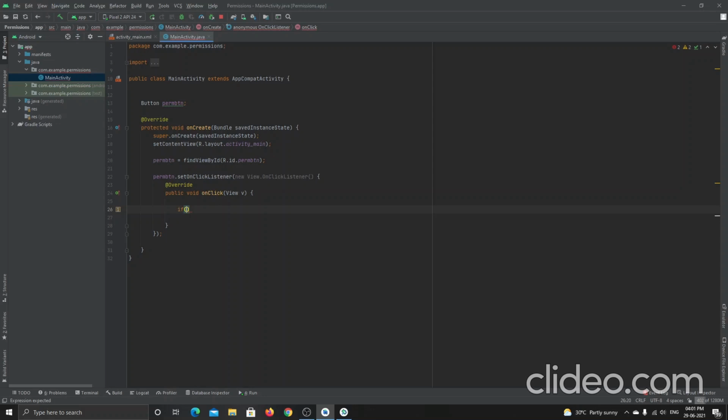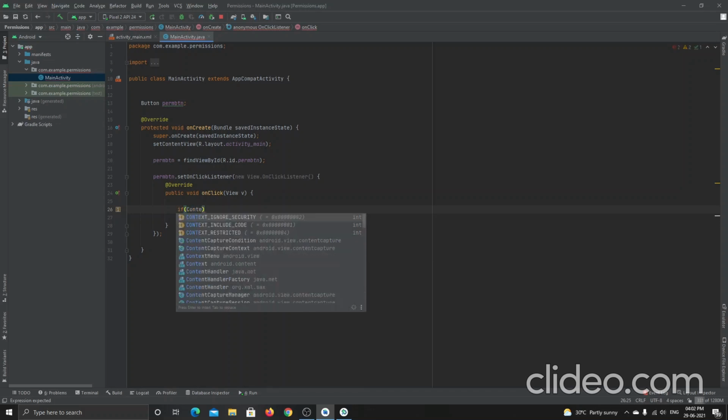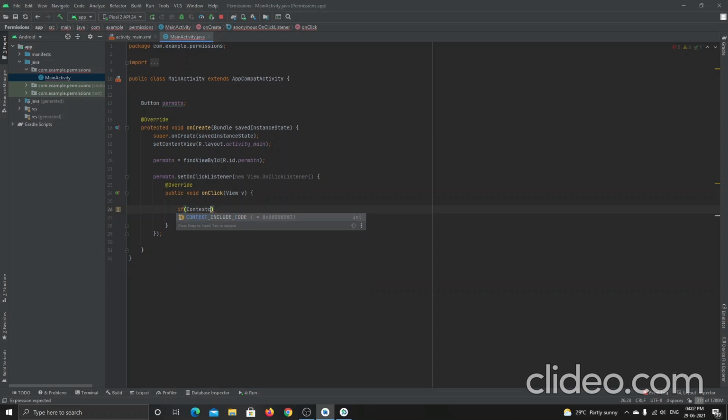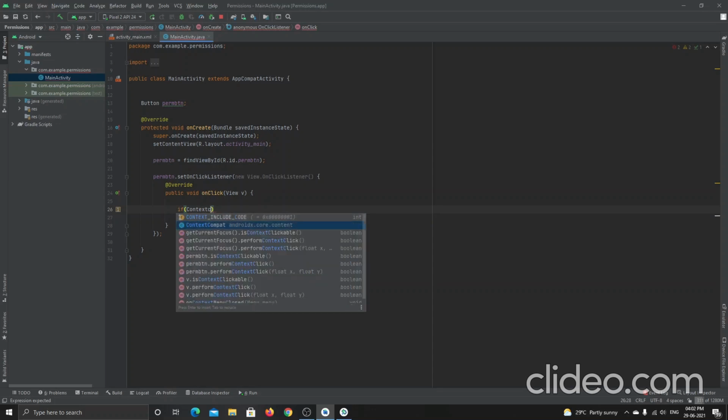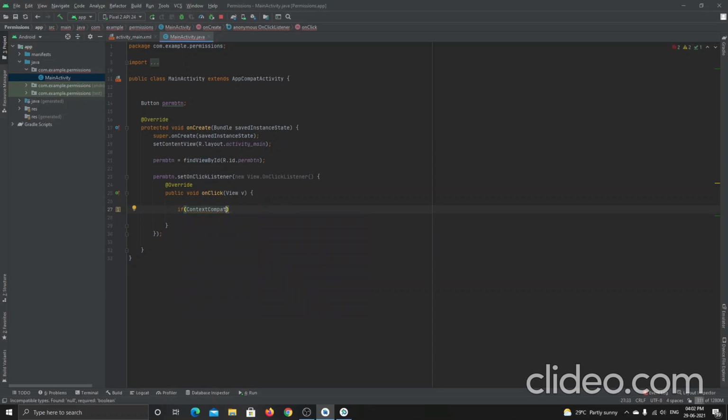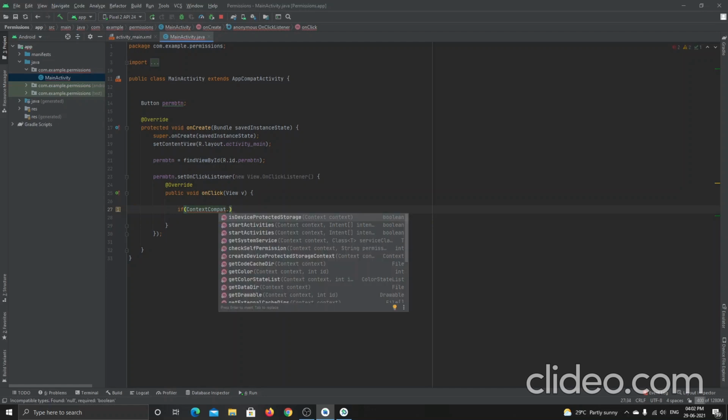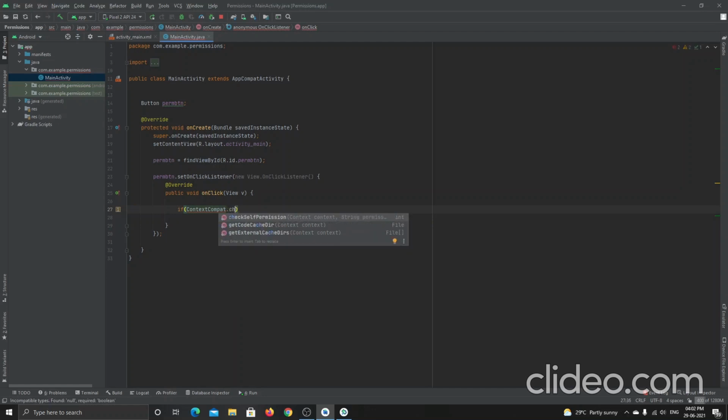So for asking the permission, I will use this if condition. Inside the if condition, I want to write ContextCompat, this one, and then dot checkSelfPermission.